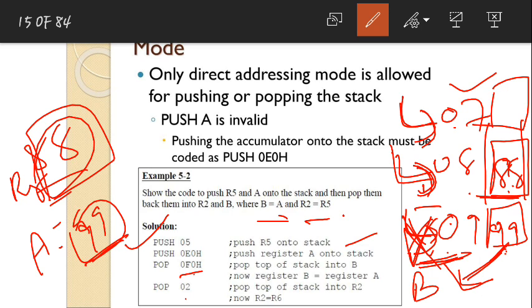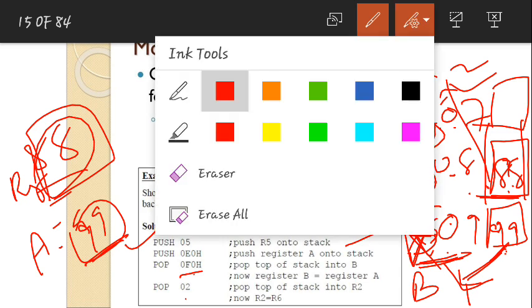So now pop 02. When you write this pop 02, this 88 will be retrieved to R2. When this is retrieved to R2, then again the address will decrement by 1. For each pop instruction, it will retrieve and decrement the address. After retrieving, it will decrement. Now it will point towards 07, its first position. So that is what this program is all about.